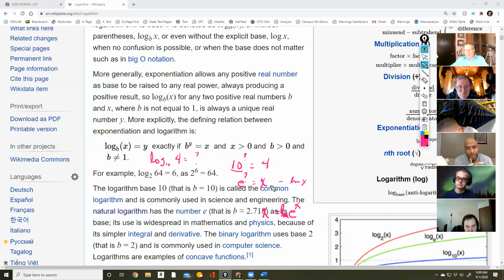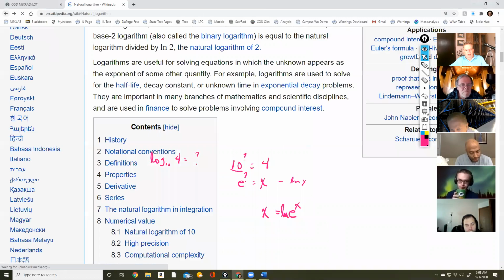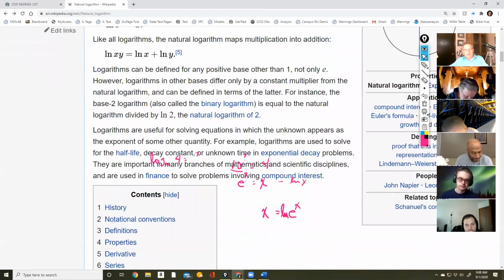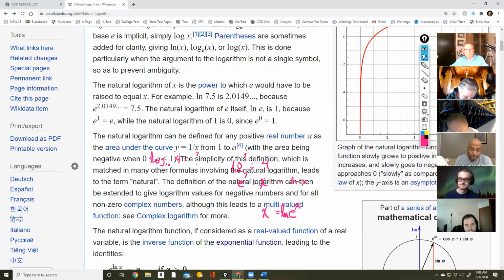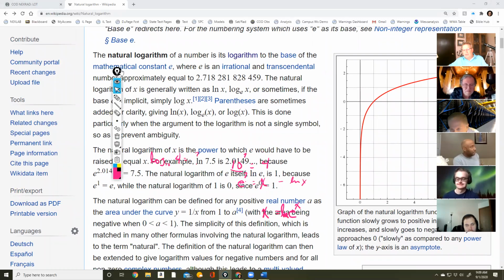So what would happen if I took the derivative? That's what's going to be more interesting, is when I take the derivative of these things. So I'm going to go back to where I was before, on the natural log. And before I even start that, I'm going to look at the graph. So I'm saying over here, what values of x am I putting into the natural log? Well, I can put in any value of x,